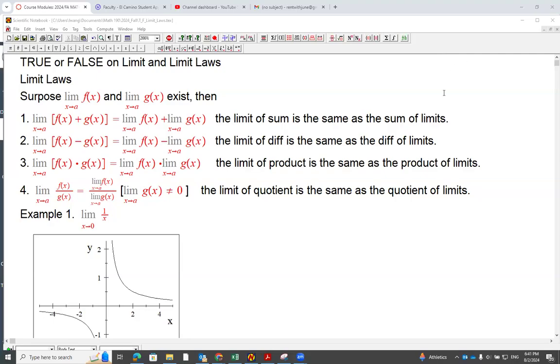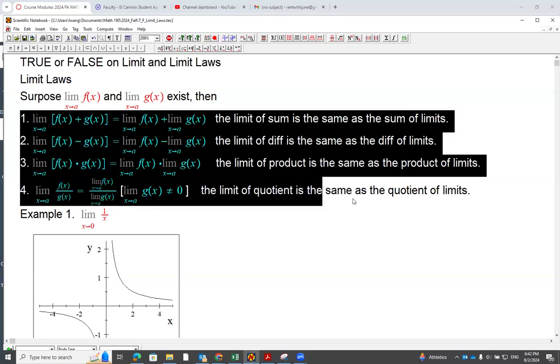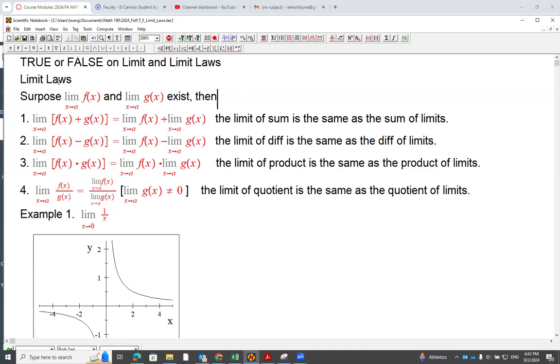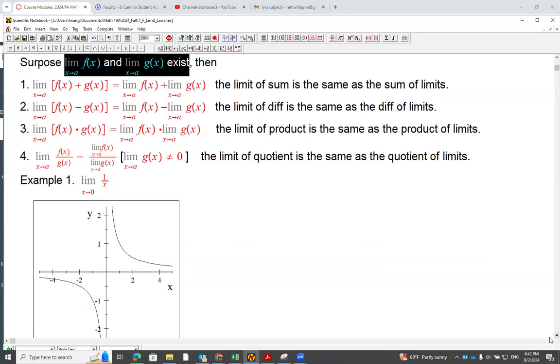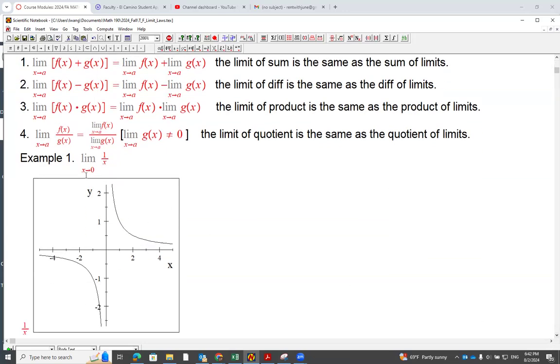Well, in this lesson, I'd like to talk about some common mistakes and misunderstandings of the concept of limit and the limit laws, especially regarding these four limit laws. We have a requirement before we can apply these limit laws. And before we start, I'd like to start with the first example, which is when x is approaching 0,